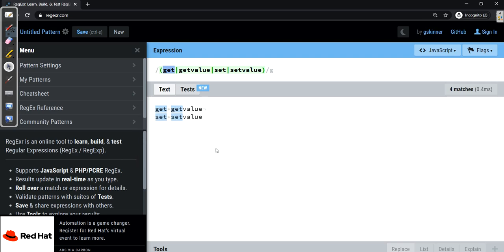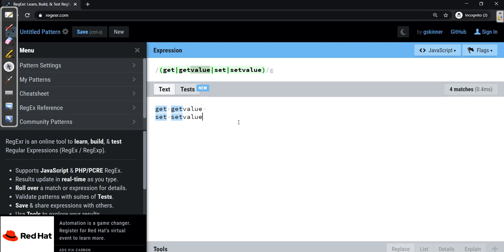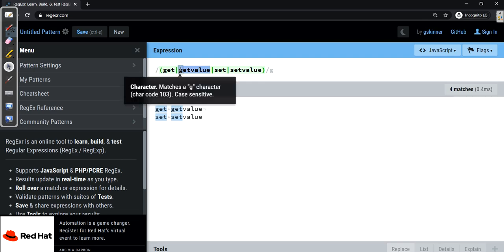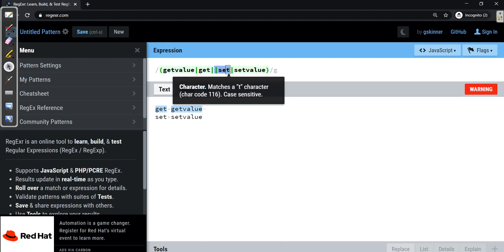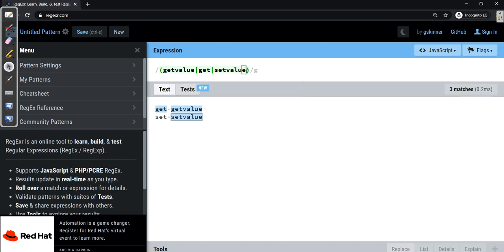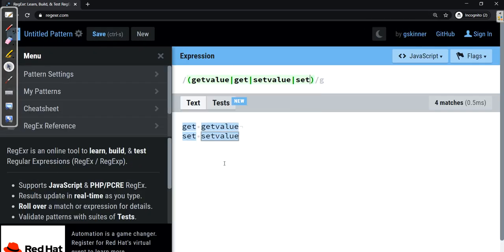Because we have seen regex is eager and greedy, it matched just get out of this. So how do we resolve this? The first way is to write get value first, and out of set value and set, we will have set value first and then set, so that you can see it is matching both of them.